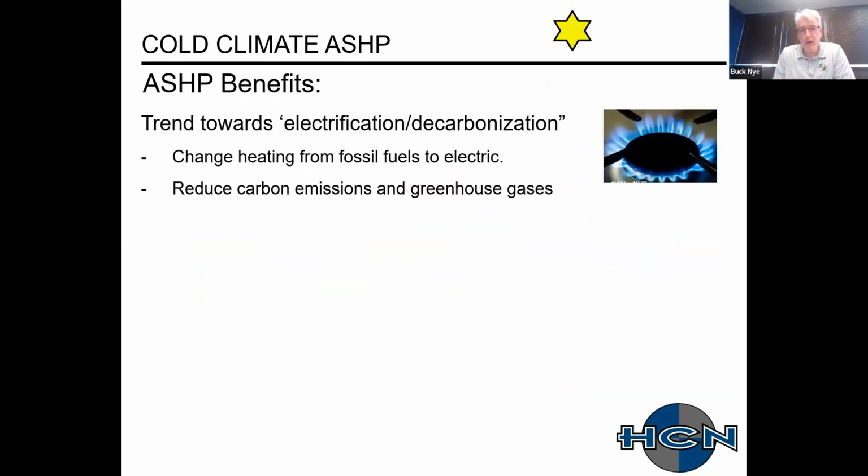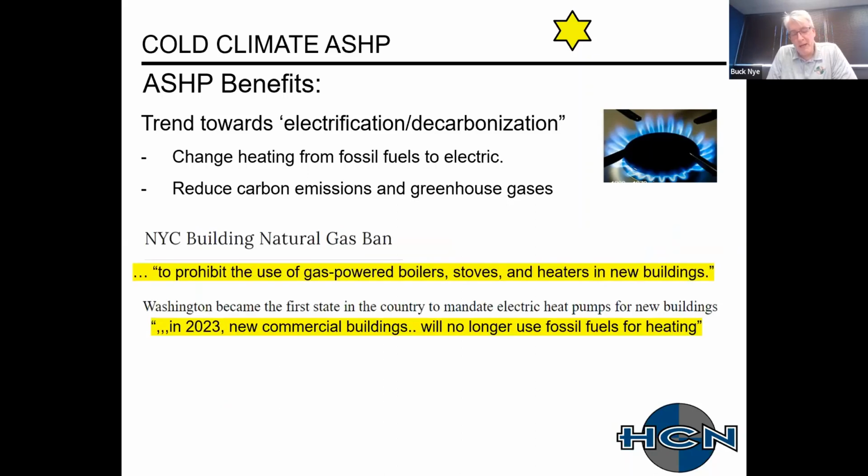Benefits of airside heat pumps. Everybody's aware of the trend of reducing fossil fuels, or eliminating fossil fuels, and changing to electric. Just the picture there is my gas burner, which I really love that they want to get rid of. No comment on that. And then just some headlines from last summer that I was too lazy to change, but probably since then there's been 50 or 100 other articles